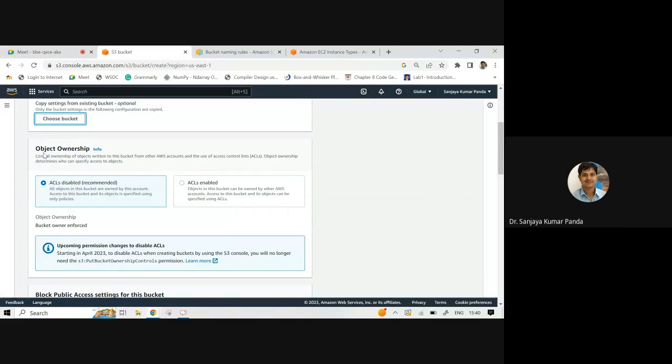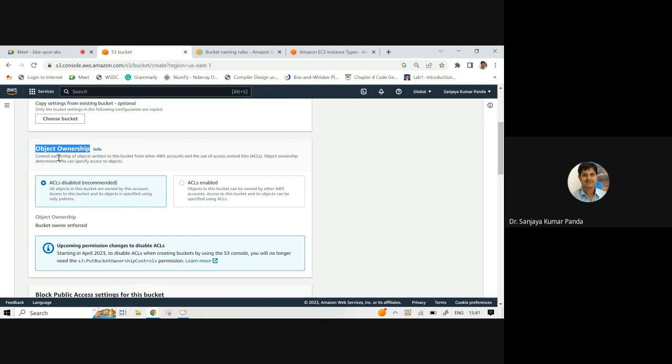Similarly, here it is asking you about the object ownership. Objects are whatever things you are keeping inside the bucket. This object ownership is generally used to control the objects, right? Like I told you, public permissions, private permissions.